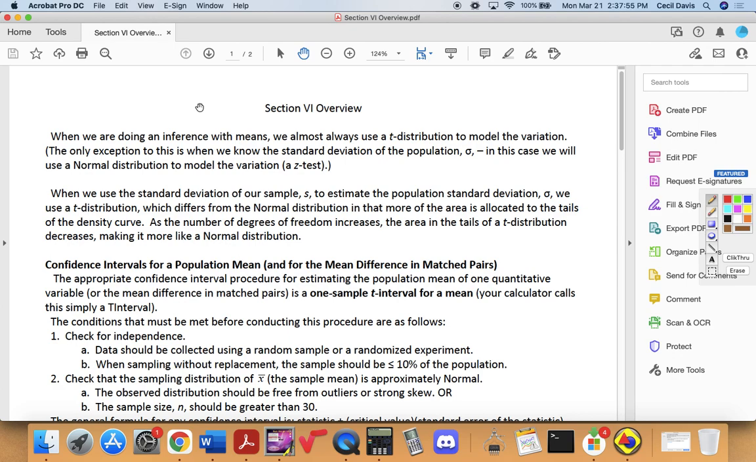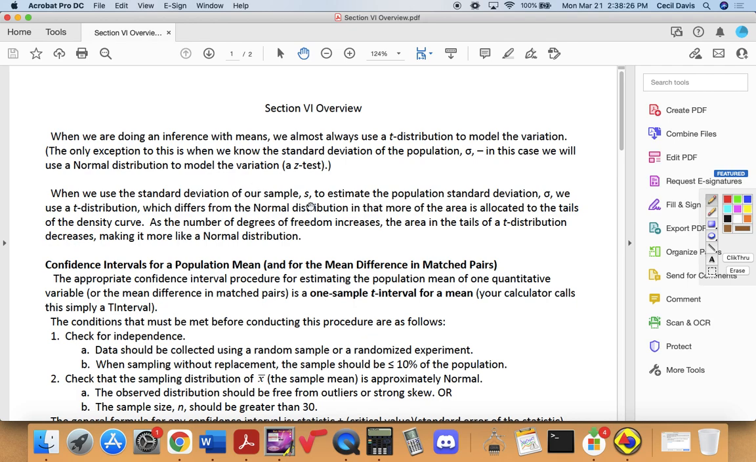but this whole section we're doing t-distributions. We're not doing standard normal. The only exception would be if you actually knew the standard deviation, which almost never happens. If you knew the standard deviation, you almost have to know the mean as well. The fact is, you have to know the mean in order to calculate the standard deviation. So I suppose you could be told it, but